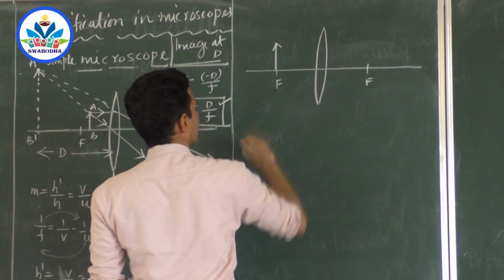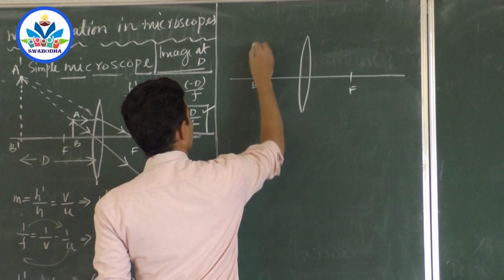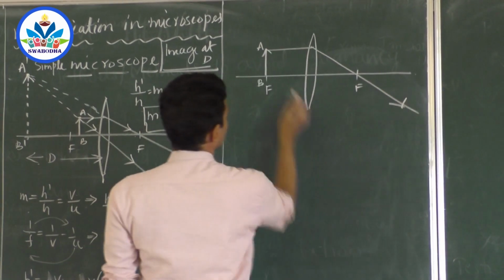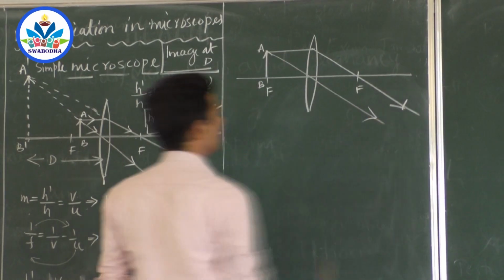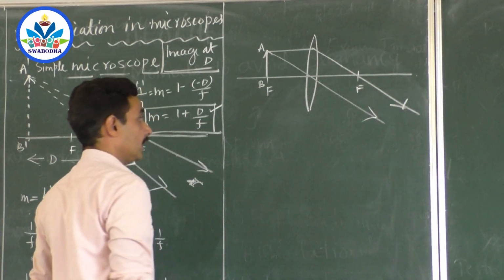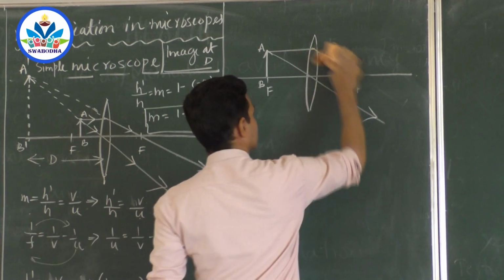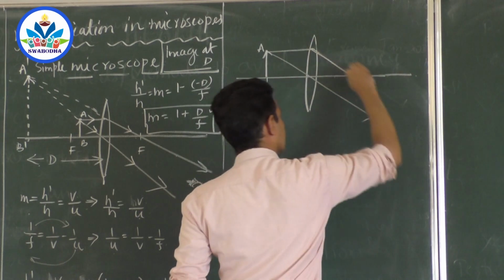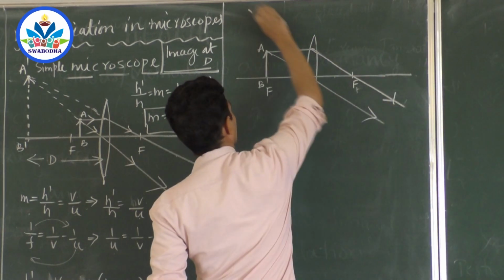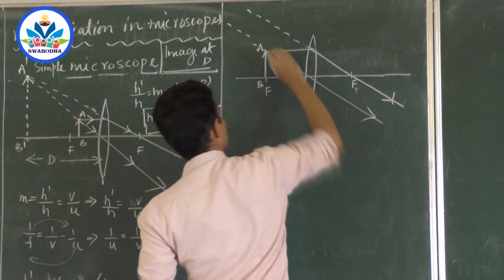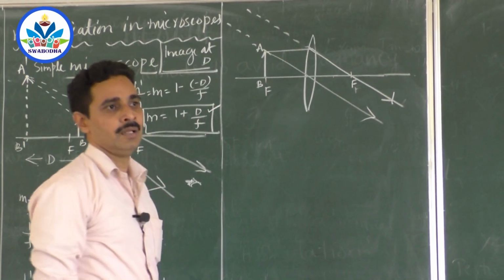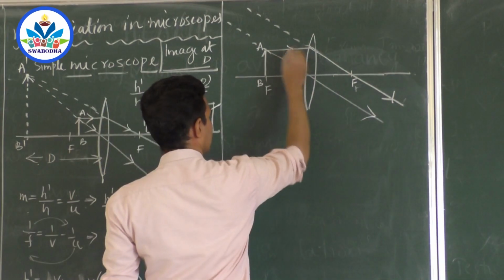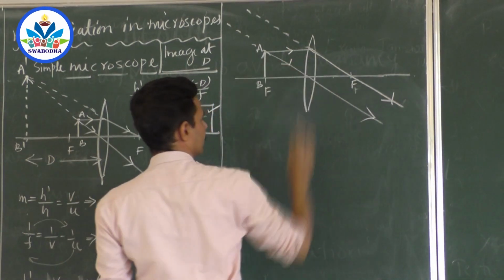Yes, one ray coming from A parallel to the principal axis passes through the focus. And another ray passing through the optic center becomes parallel to the first ray, right? So it becomes parallel here. So let me change the focus. Yeah, it is here and they will be moving parallel. What about here? Again parallel. Even if you produce it backwards or forward, they become parallel. So we say that the image is formed at infinity. So one ray here passing like this, one ray here.